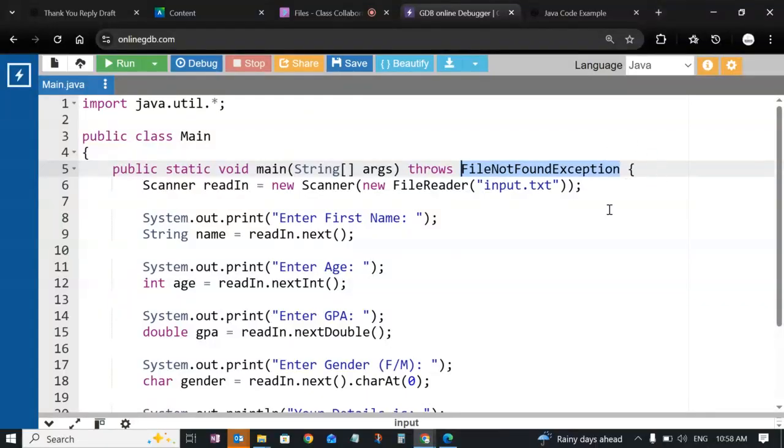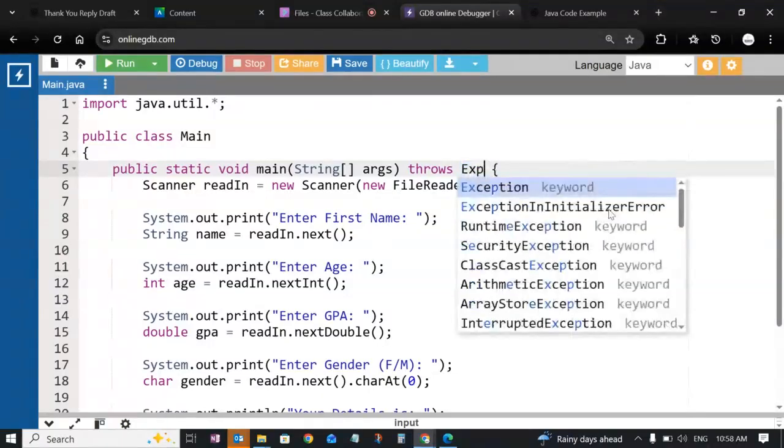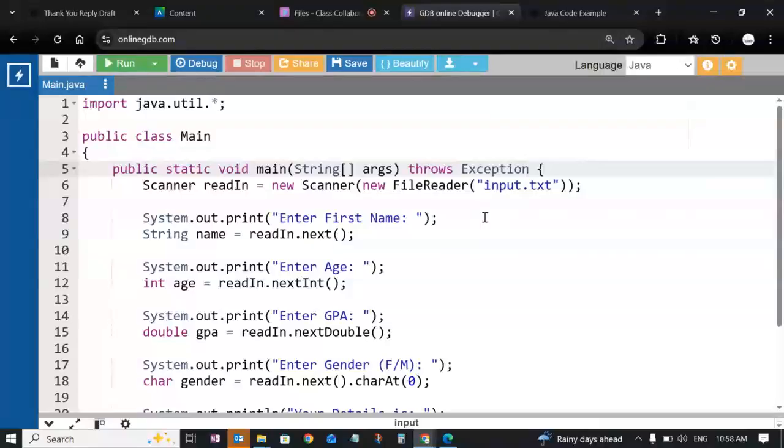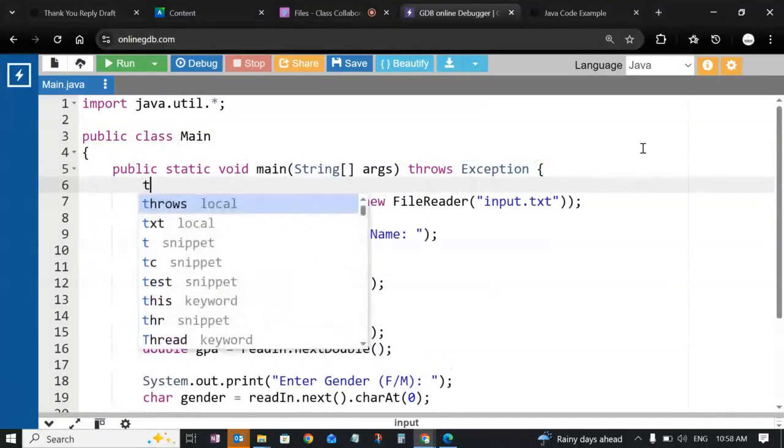Now, if I would like to make it wide open, I can just say throws Exception. Why do I have to do this whenever we deal with a file? Because file exceptions are not going to be handled automatically. I have to import them and throw them within my program,